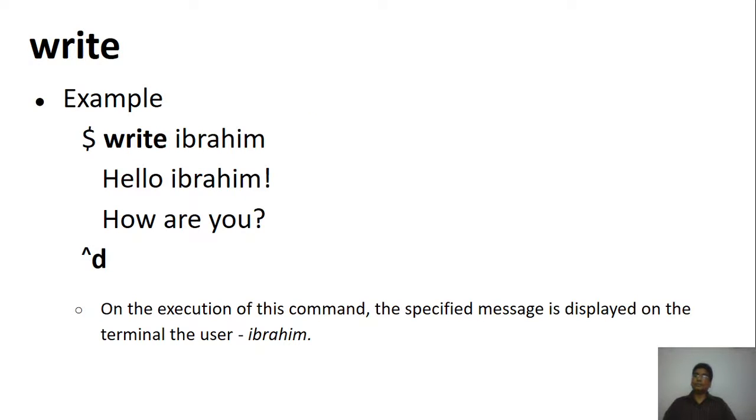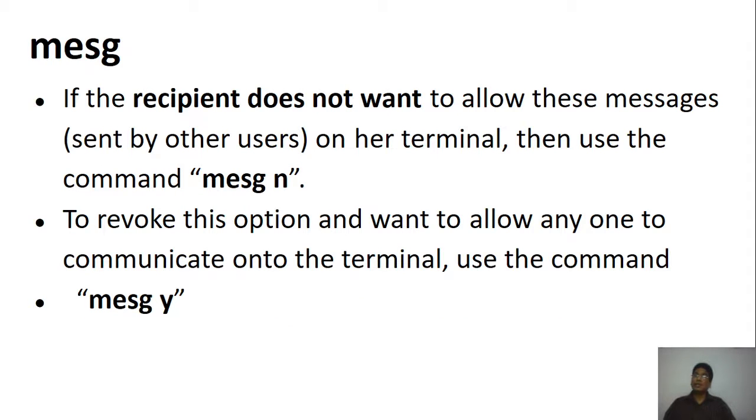Now this is an example: write to Ibrahim, then something else, and press Control D, and this message will be sent. Now what happens is, as you notice, when I typed a message to the student, the student received it. Now you may say that's a great thing, but just imagine the student was actually working on something, typing some command, already irritated. Suddenly I type a message, and that pops up.